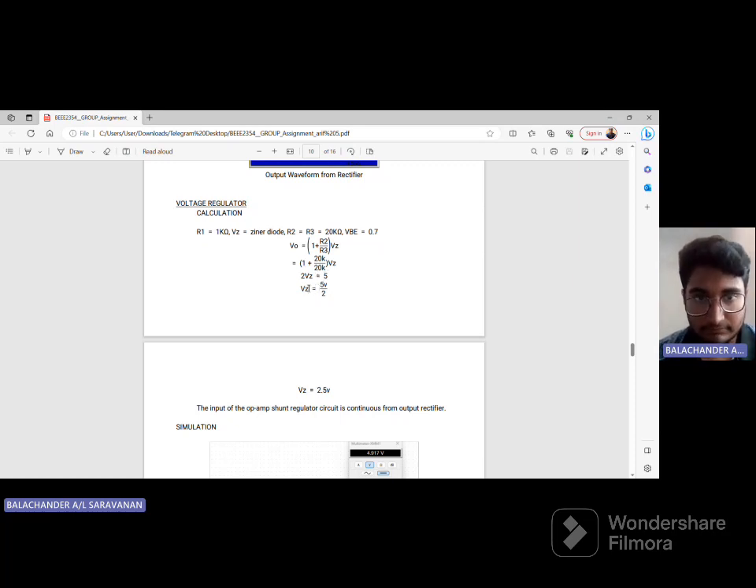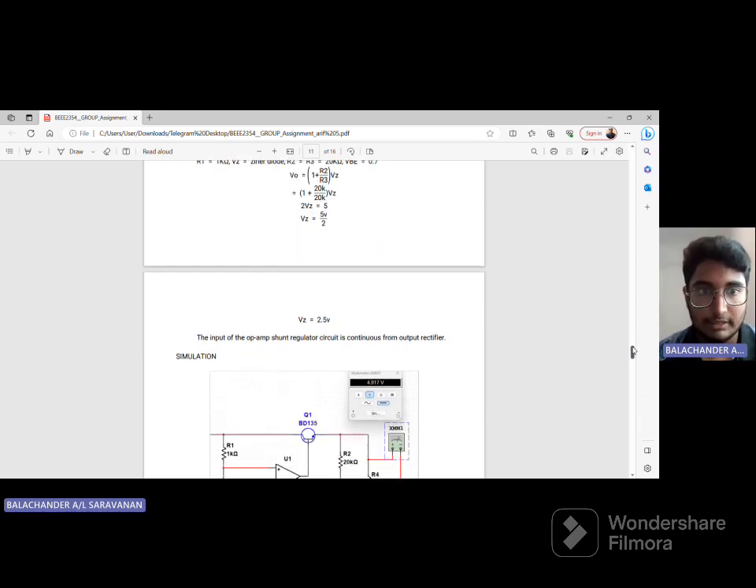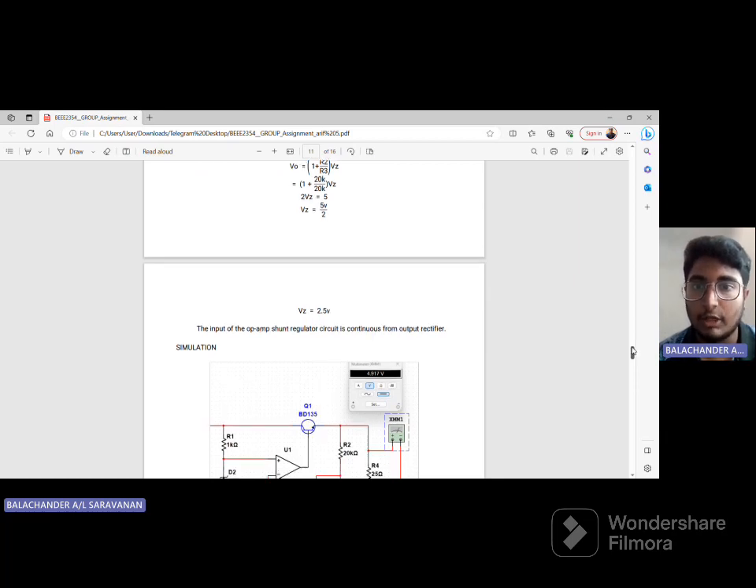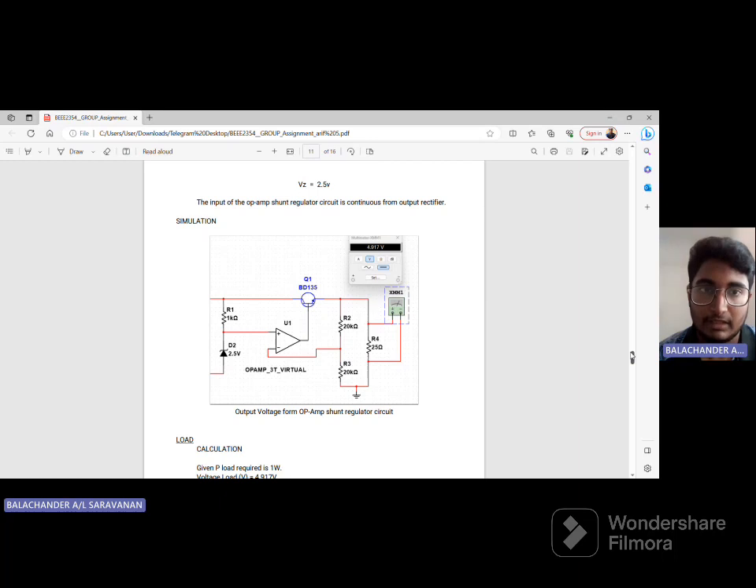So then we can get Vz as 2.5 volt. So that is the Zener diode. And then the input of the op-amp shunt regulator circuit is continuous from the output of the rectifier that we saw before this. So this is the circuit of